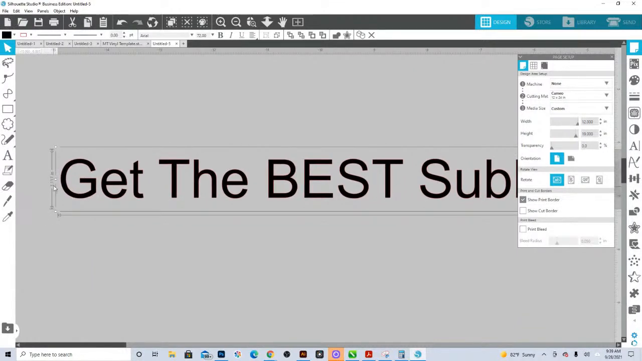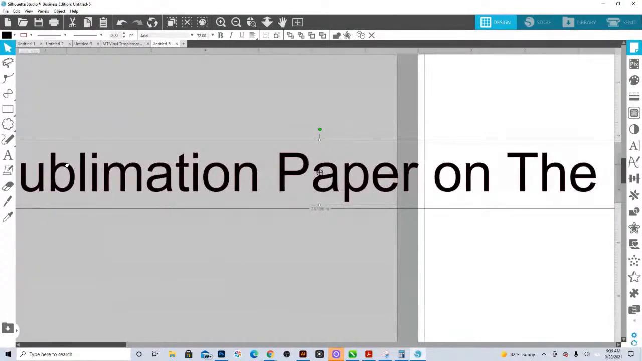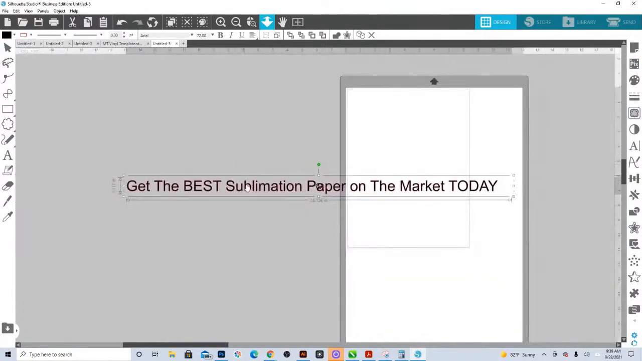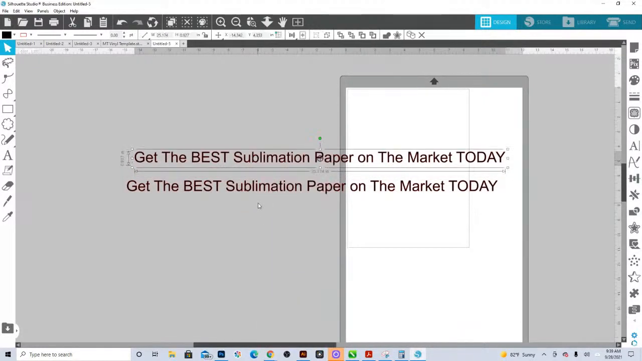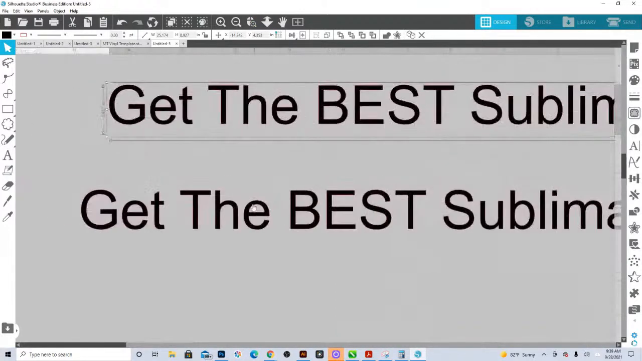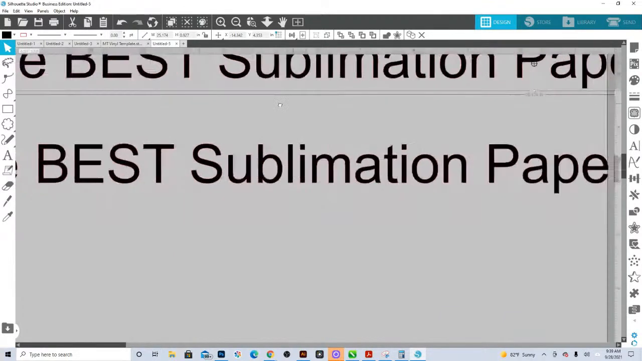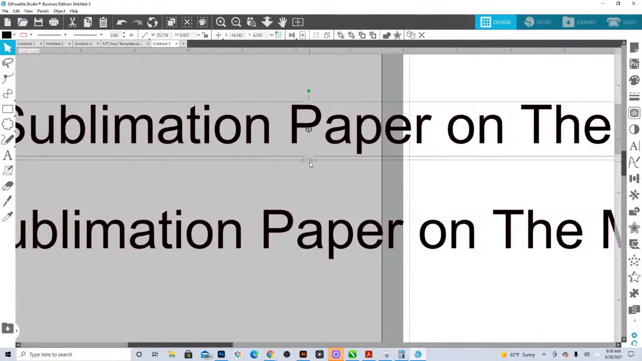So this reads 1.117 by 26.156, right? I'm going to make a duplicate of this and I'm going to right click and convert it to path. So now if you see, the height has gone to 0.927, and my width is 25.174. So this is the true size based off of the highest point of any letter and the lowest point,